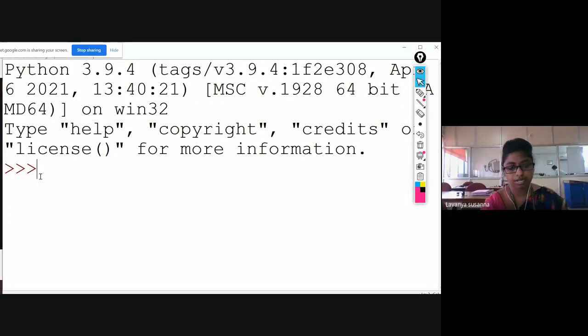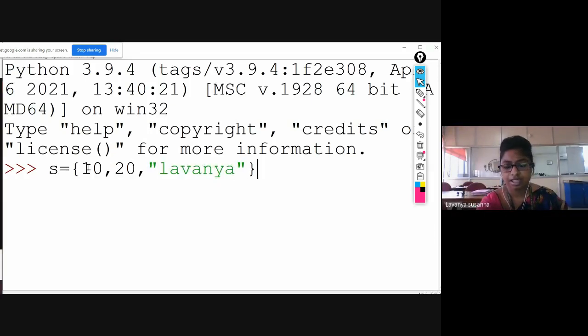Say S equal to open flower brace 10 comma 20 comma Lavanya. Enter.